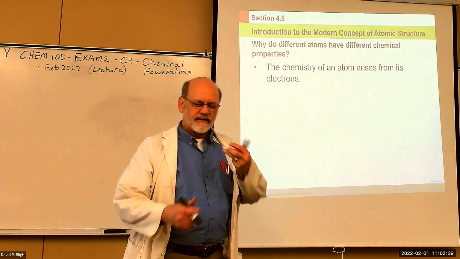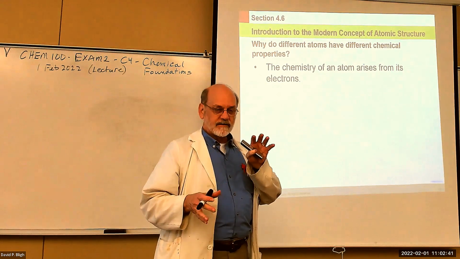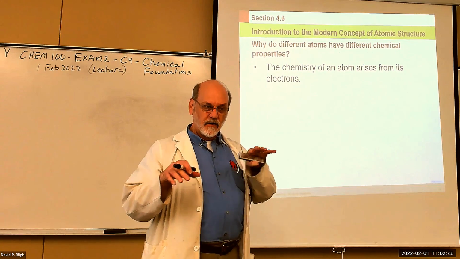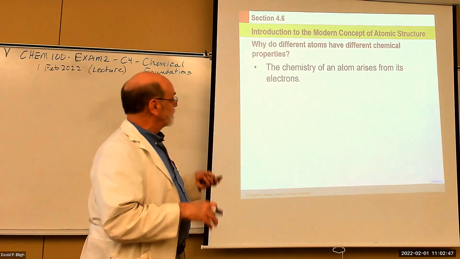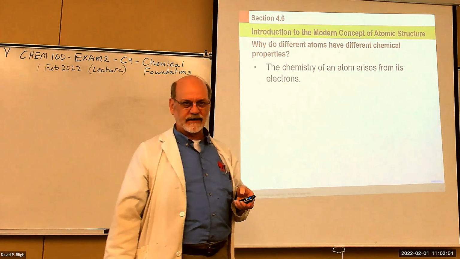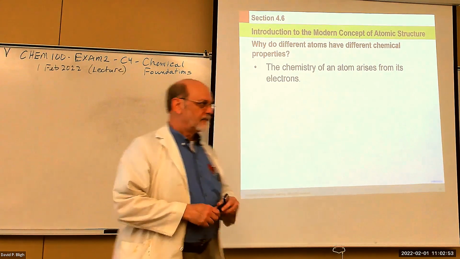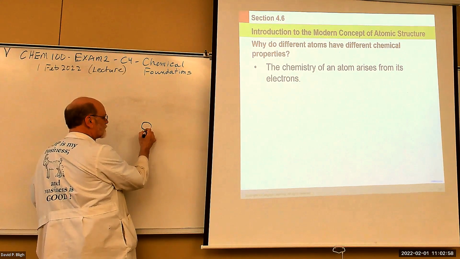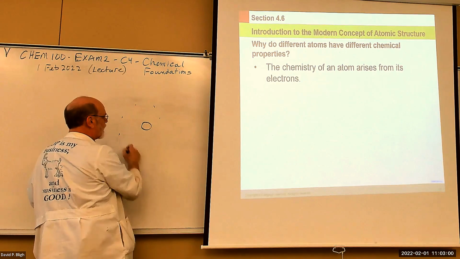So now that we know that the atoms of different elements are different, and how they're different, what is it about them that gives them different chemistries? Why do they react differently? Well, think about it. If the nuclear atom has a very small, dense nucleus here, and then the electrons are out here,